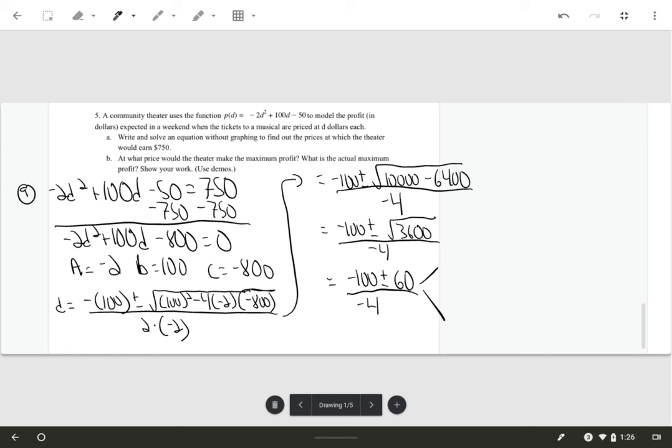Negative 100 plus 60 is going to be negative 40, and negative 40 divided by negative 4 is going to be a positive 10. And then negative 100 minus 60 is negative 160, divided by negative 4